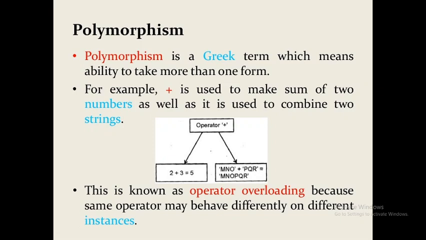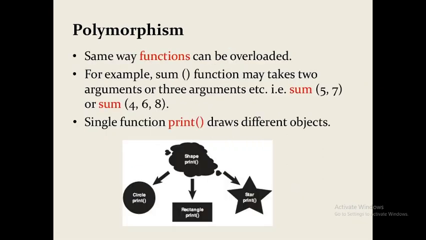If I'm taking a very simple example, let's assume ourselves. Whenever we are listening to an online video, at the same time you might be having some snacks, you might be accessing your WhatsApp, right? So a single person is performing more than one operation, and that is what polymorphism is. In the same way, functions can be overloaded.